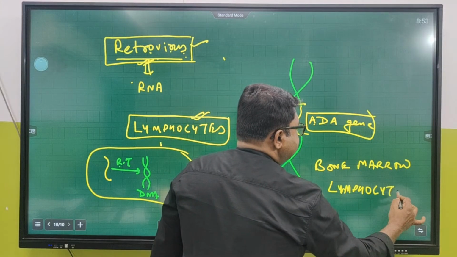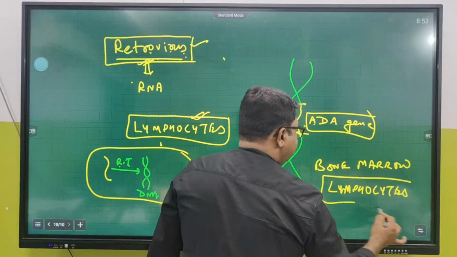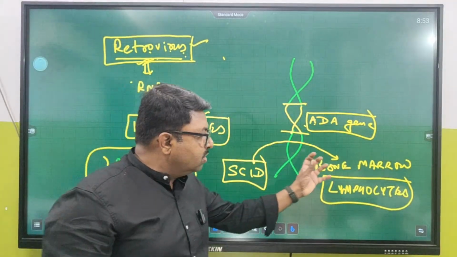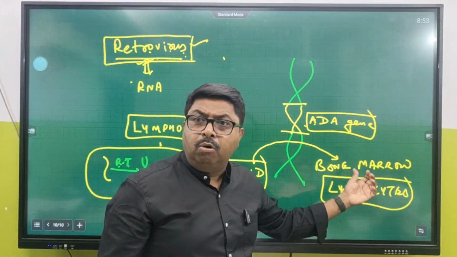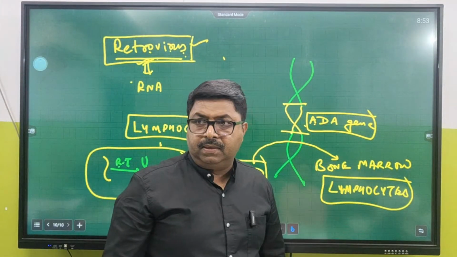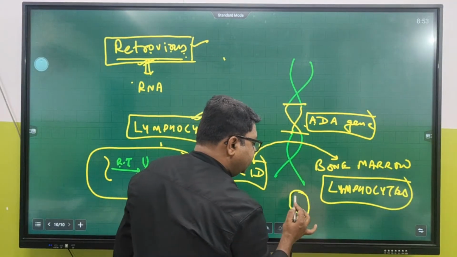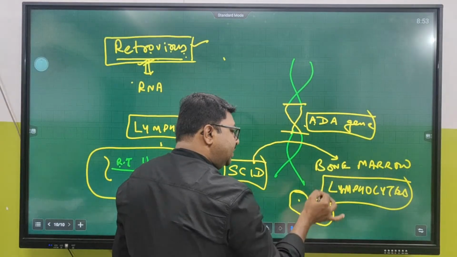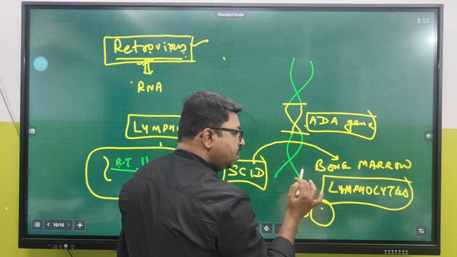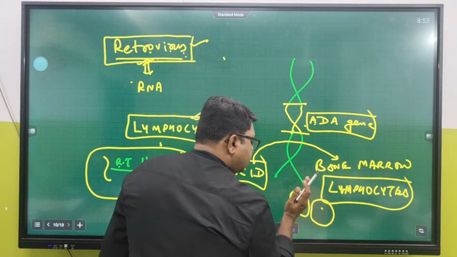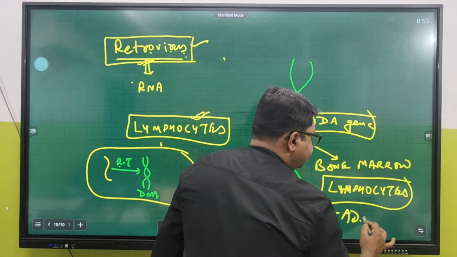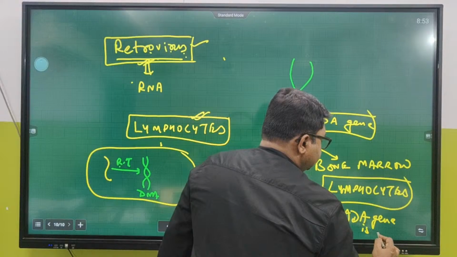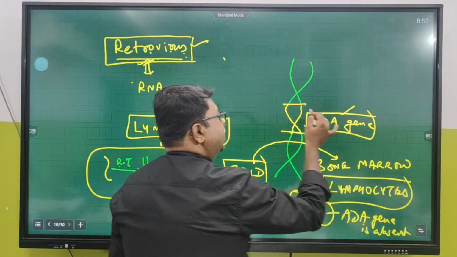Tell me, is the ADA gene inside these lymphocyte cells? The person who is suffering from SCID, you are taking out the lymphocyte cells from the bone marrow. Now tell me, these are the cells of the bone marrow. Is the ADA gene present or not present? Not present. The ADA gene is absent. So what you can do is take this ADA gene, cut this ADA gene